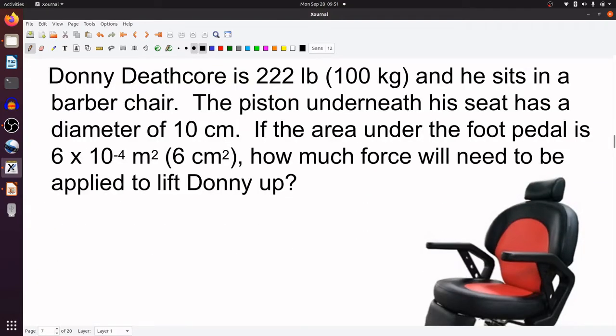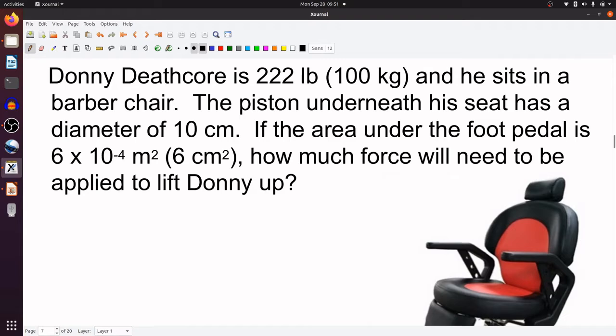Donnie Deathcore is 222 pounds, or 100 kilograms, and he sits in a barber chair. We're assuming it's a barber chair with hydraulics. The piston underneath his seat has a diameter around 10 centimeters. If the area under the foot pedal is around 6 times 10 to the negative 4th meters squared, roughly 6 centimeters squared, how much force will need to be applied